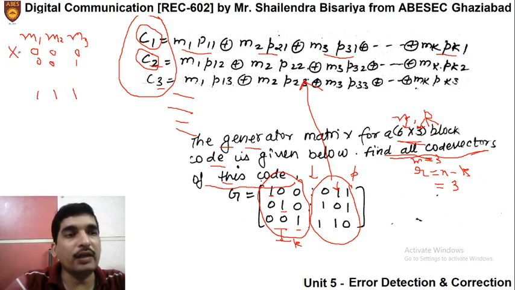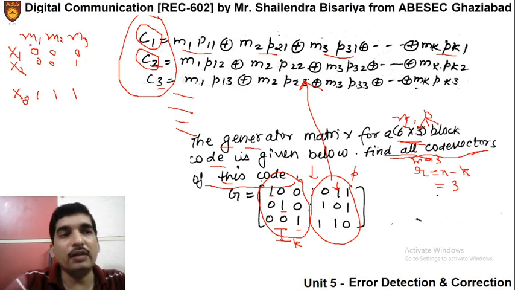Let us say the code vector is x1 for this case. Let us say the code vector is x2 for this case. Let us say it is x3. How many are these terms? It will be 8, right? From 0 0 0 to 1 1 1. Let us say it is x8.